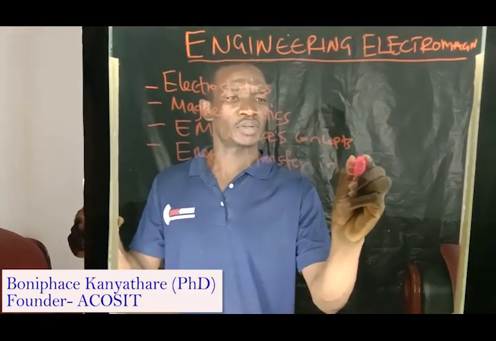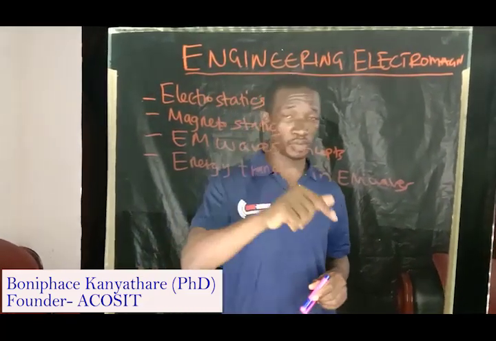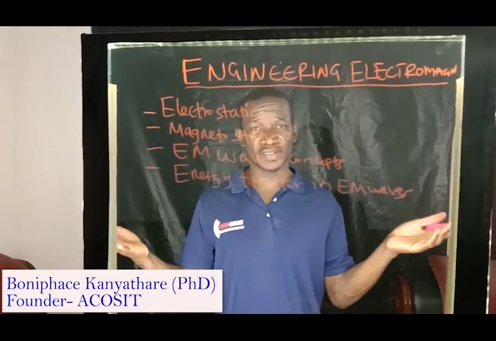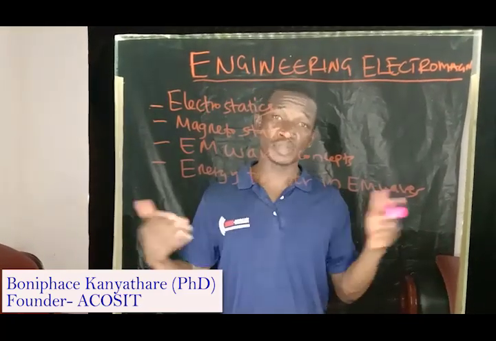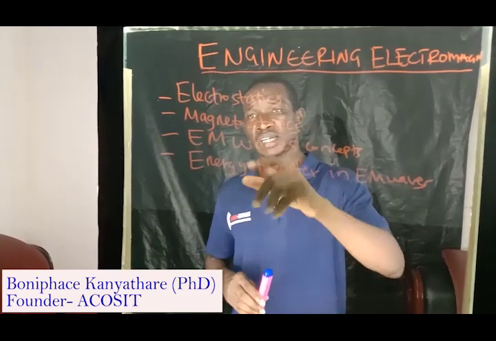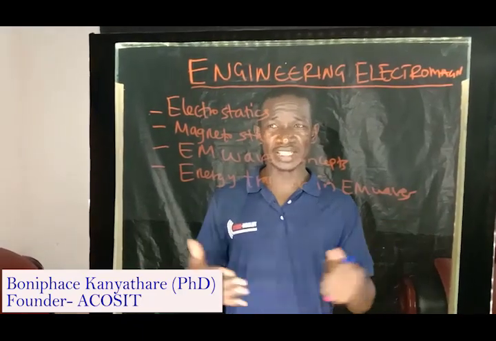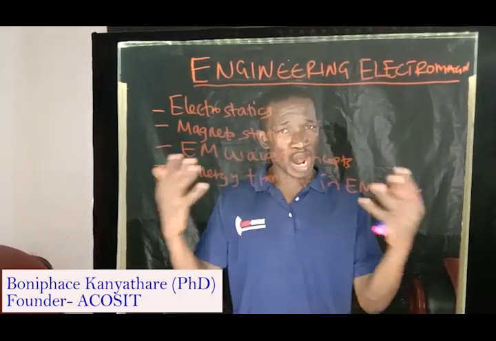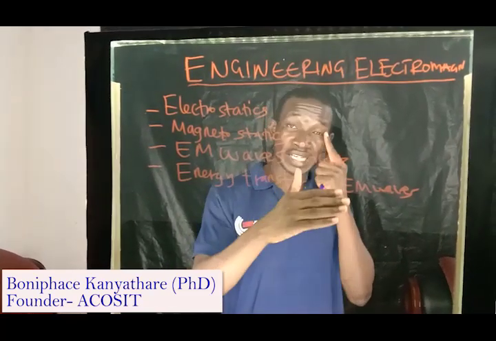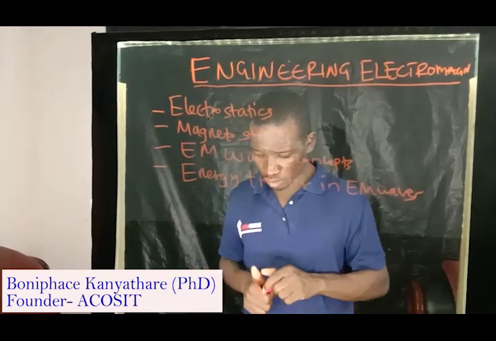And after that, we're going to look at the process of energy transfer in electromagnetic waves. Actually, we need electromagnetic waves for communication, and you understand and realize that the entire process there, the main important thing is transfer of energy. And so we're going to at least have a look at energy at these different stages. For example, electrostatic charges, how is energy experienced there? Magnetostatics, how is energy experienced in magnetostatics or magnetic fields at rest? And electromagnetic waves, how is energy transferred in electromagnetic waves? Those are some of the things we're going to look at.